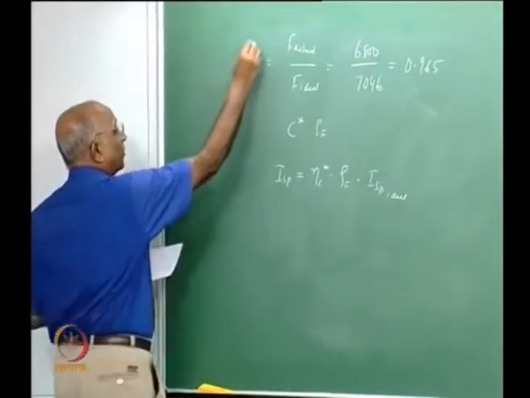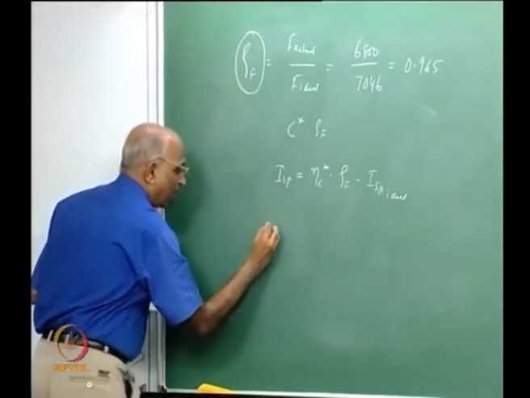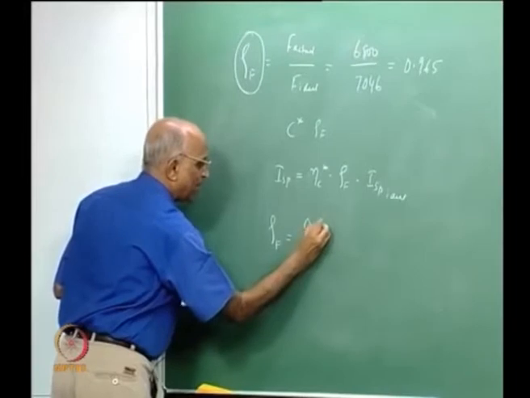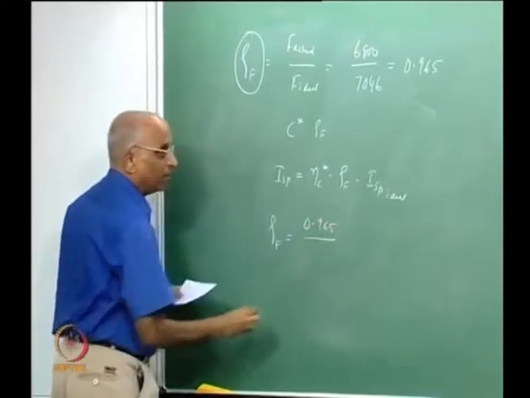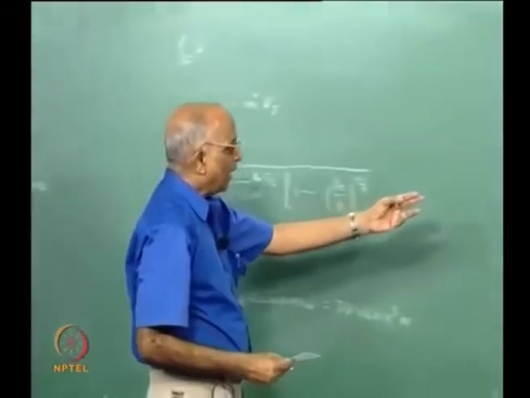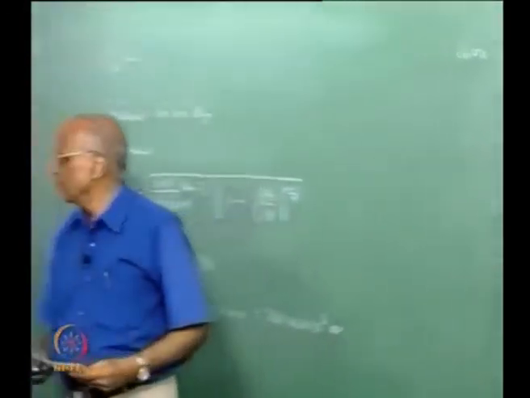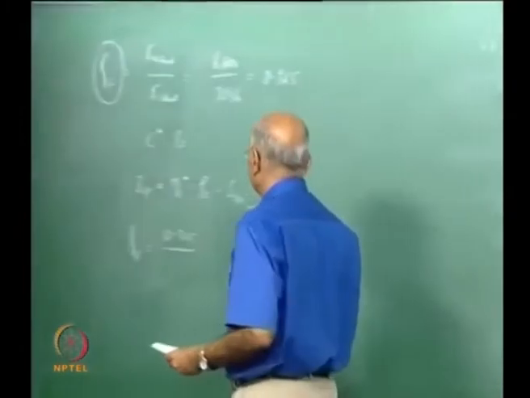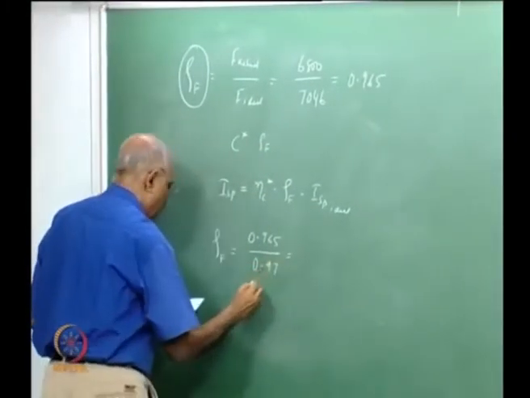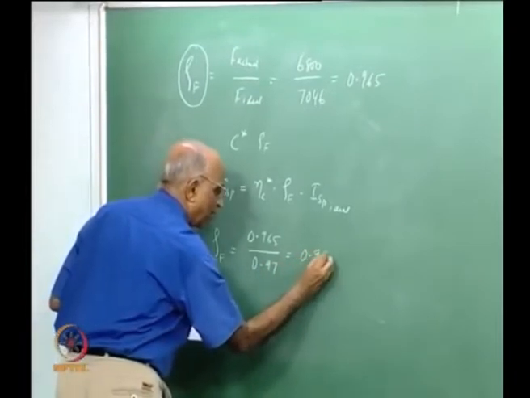Therefore, if I correct for the C star effect, I should have zeta f equal to 0.965 divided by the C star efficiency, which I got as 0.97. Rather, this works out to be 0.995,